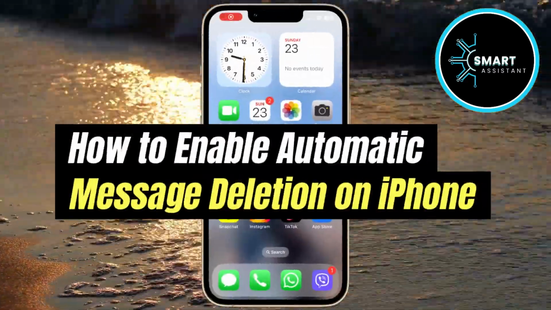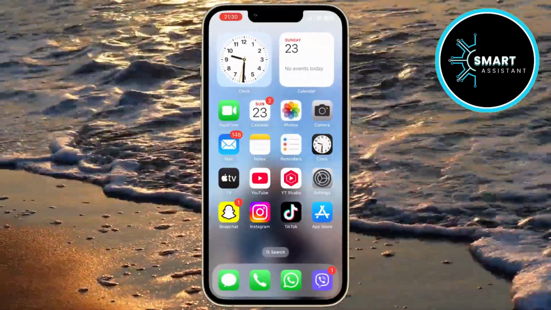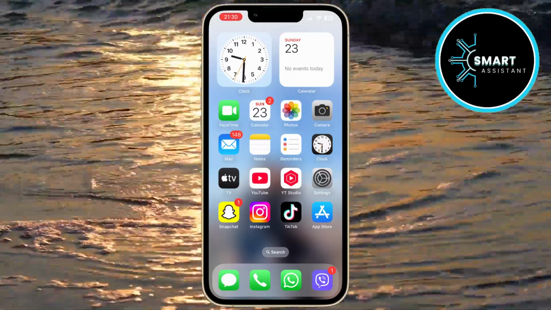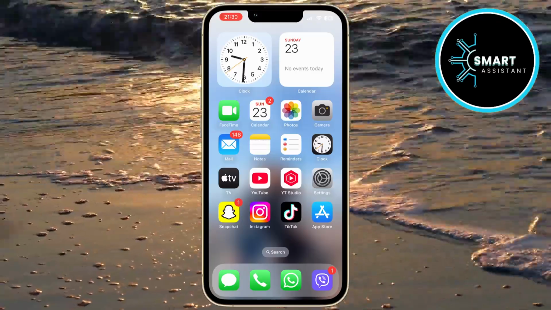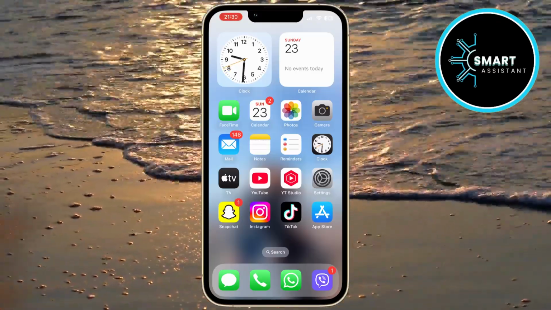Have you ever noticed that your iPhone gets slower due to a pile of old messages? There's no need to constantly delete messages manually. In this guide, you'll learn how to set up automatic message deletion on your iPhone so your device stays clean